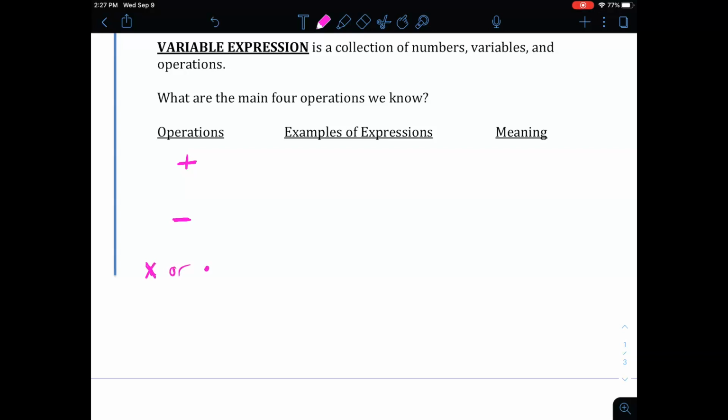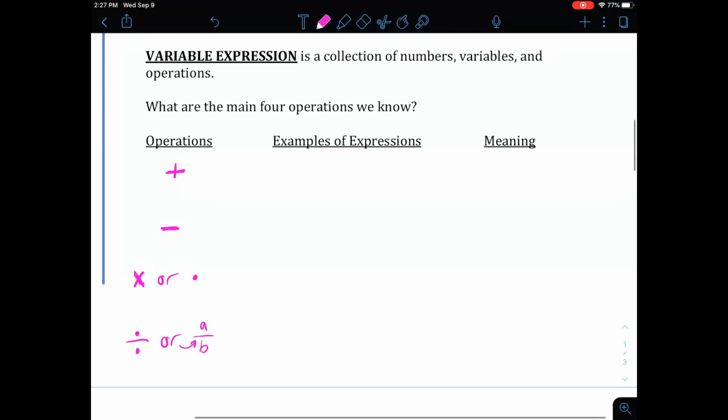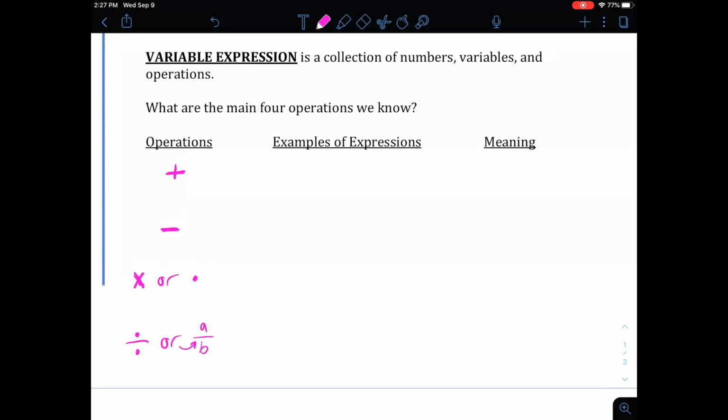multiplication, or you can use a dot for this. What's the opposite of multiplication? We also have division, or you can do like A over B. Okay, examples of expressions. So I want an example of an expression using a variable, which is just a letter,